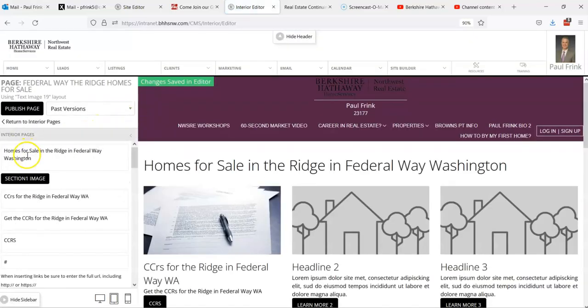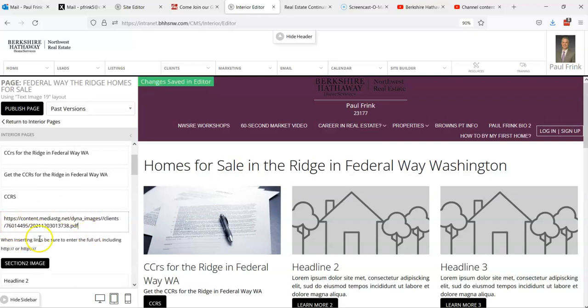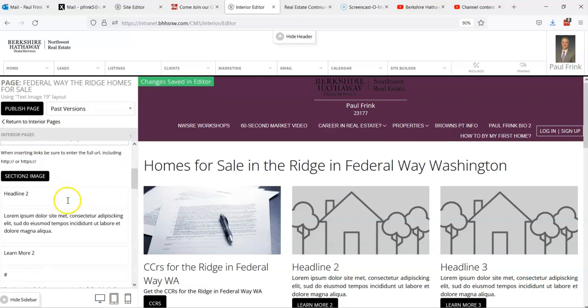Okay, and then interior pages, and then we're back here. Now you want to get rid of that pound sign, and then I'm just going to post this in here. And then it should work. So for the second one, I always like to do